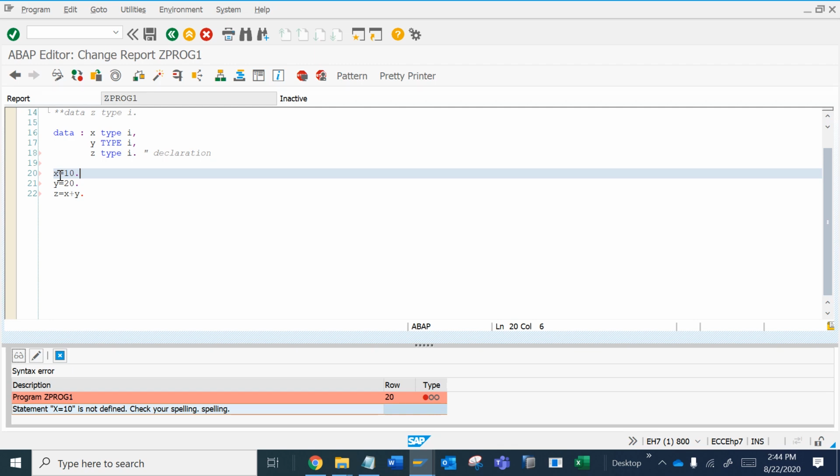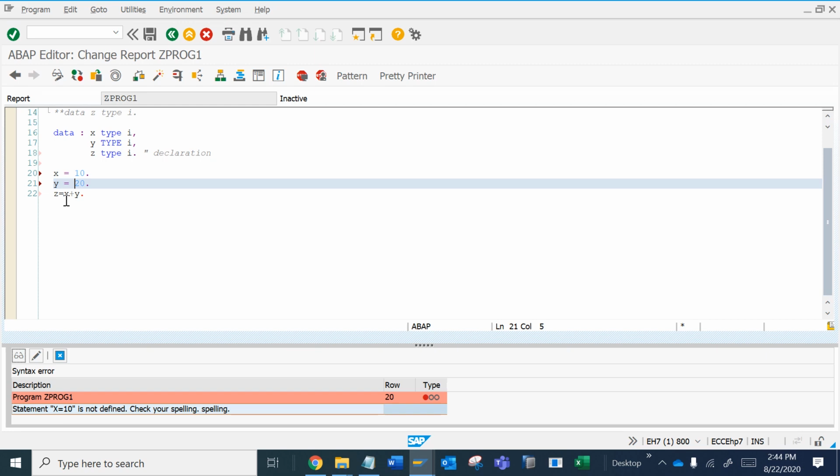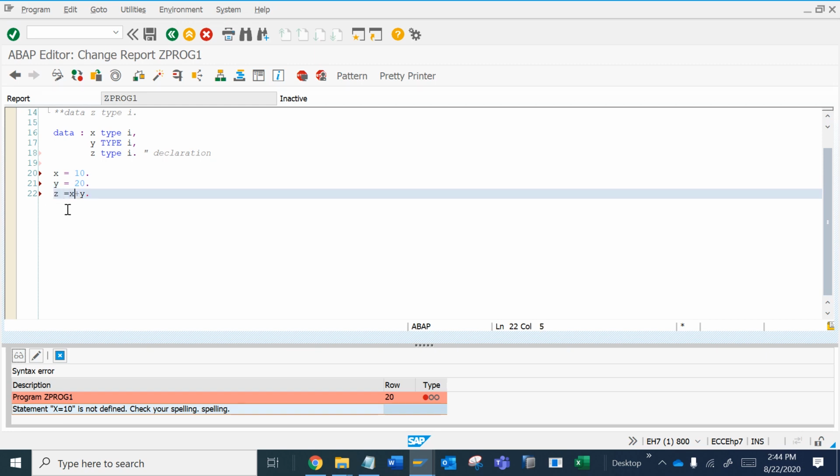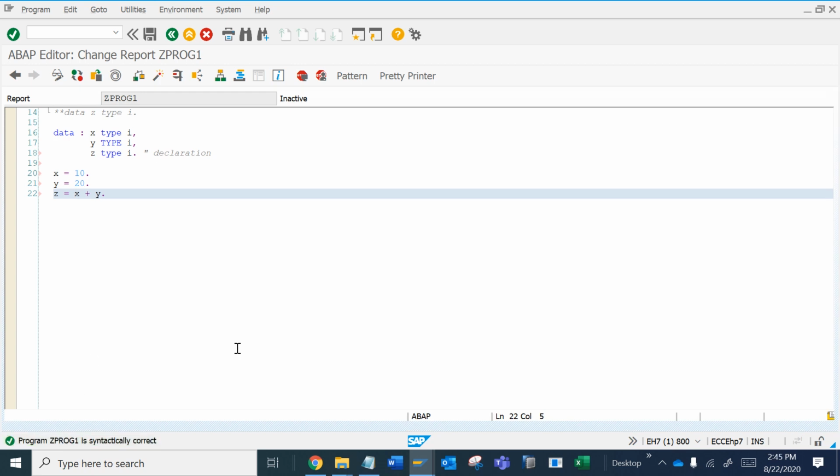It means after any variable declaration or any assignment operator, we have to use a space. So after using any variable, we have to give a space, and after any assignment operator, we again have to give a space. Now see, let me check if any error comes again. Control F2, see, it is syntactically correct.